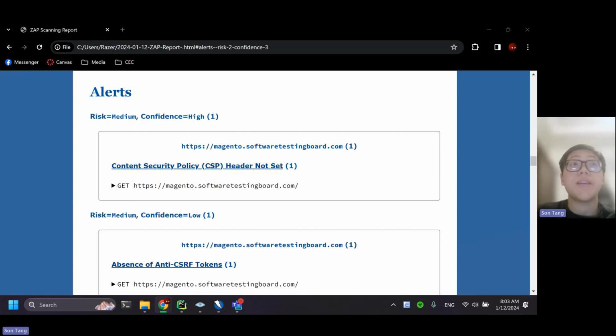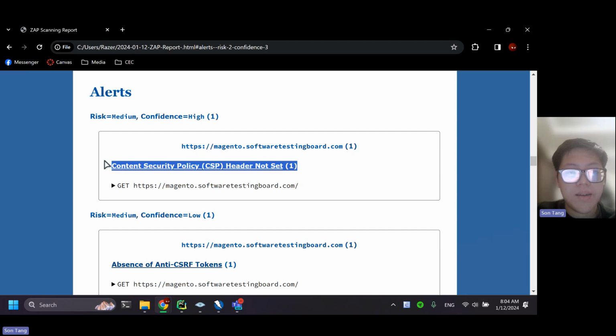For the CSP header not set, you need to configure your web server to return the Content-Security-Policy HTTP header and give it values to control what resources the browser is allowed to load for your pages. So normally it will take around 1 to 2 weeks to fix this